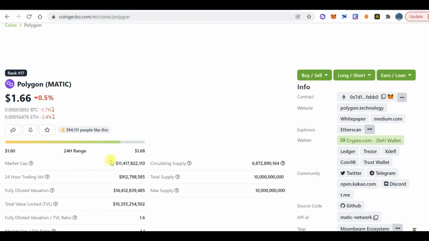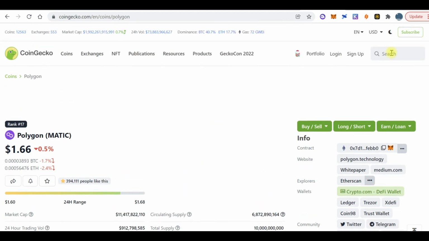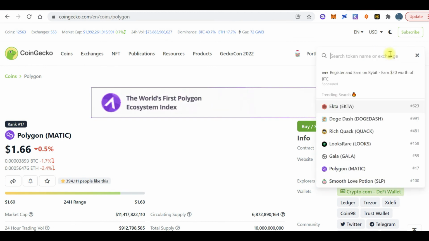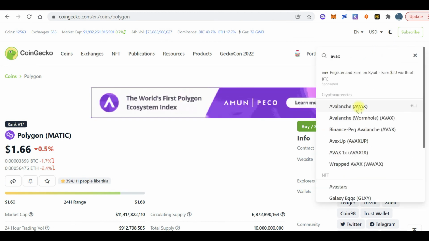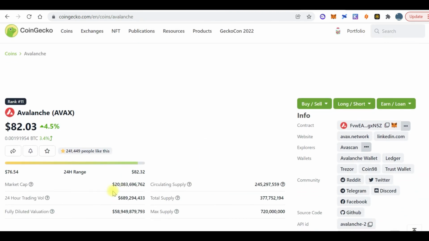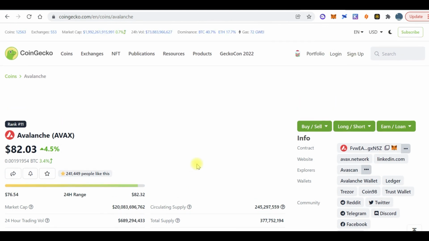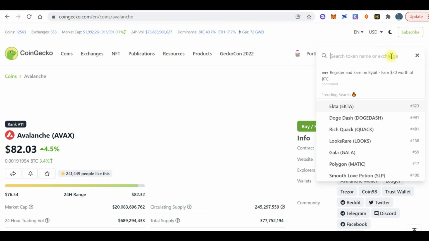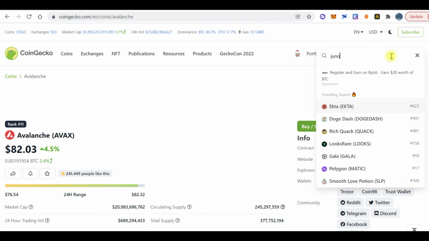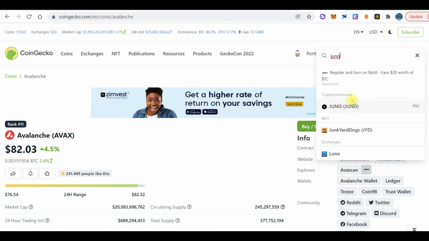So Polygon is 11 billion. I don't even know why Polygon is up to 11 billion market cap, right? But it is 11 billion. Now let's look at Avax. Now these are layer 2 solutions to Ethereum, right? And this is 20 billion. They have this huge market cap, all right? So that's why I feel Juno can actually get something more than $1 billion market cap.